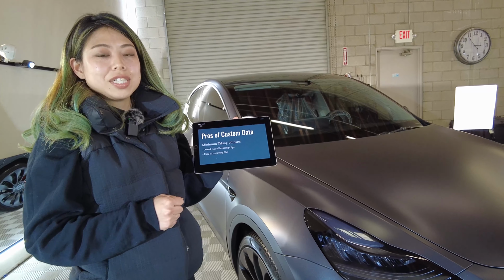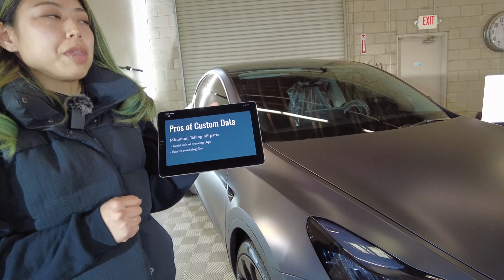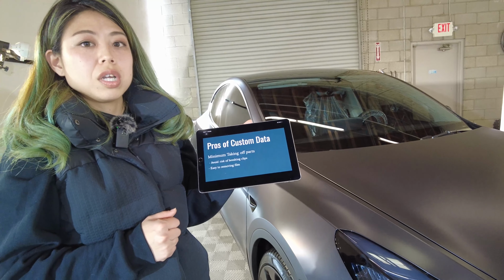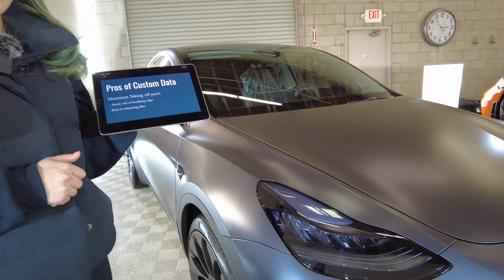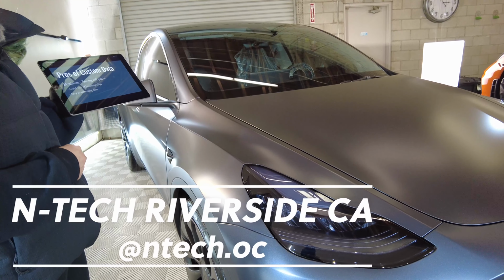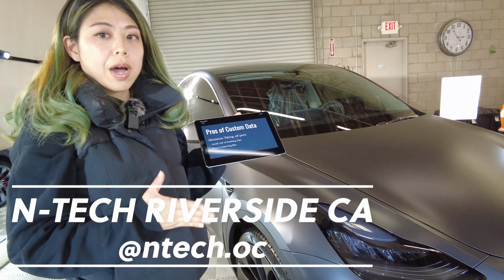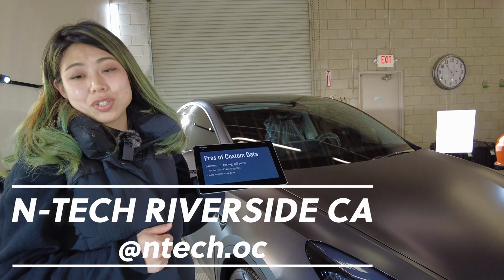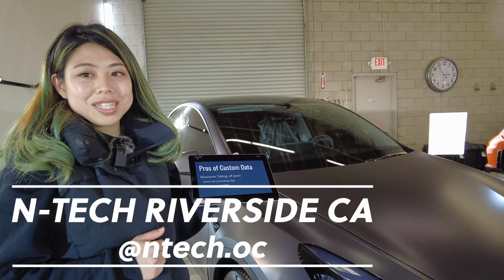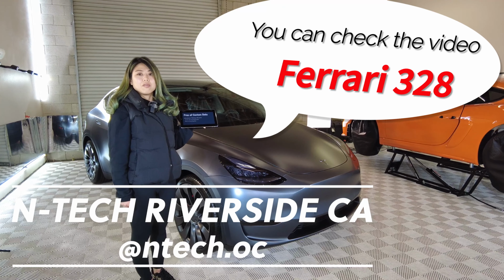Also, if you want one piece, we of course can do it. We sometimes do it for old cars, which don't have any data. And also for customers who want to wrap perfectly, we can do it too. So you can contact us to talk about more. You can check a video of the Ferrari 328 to know about one of